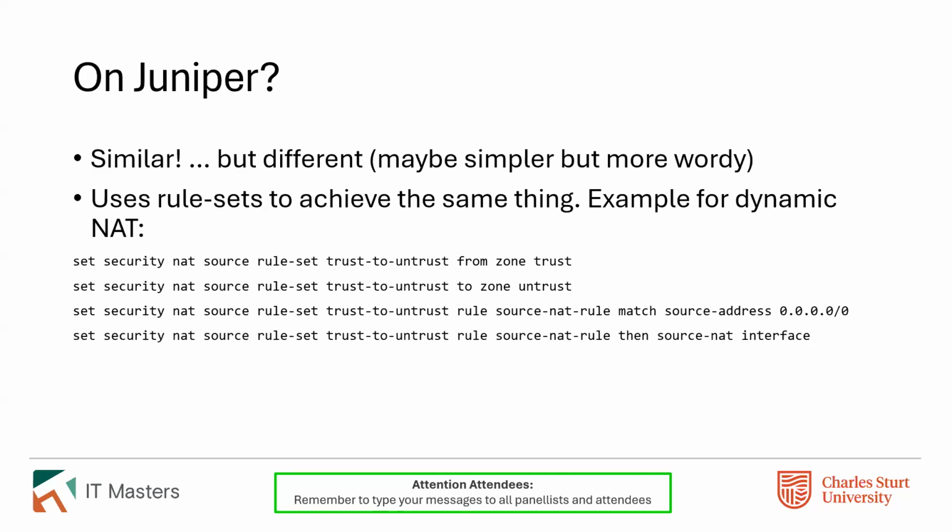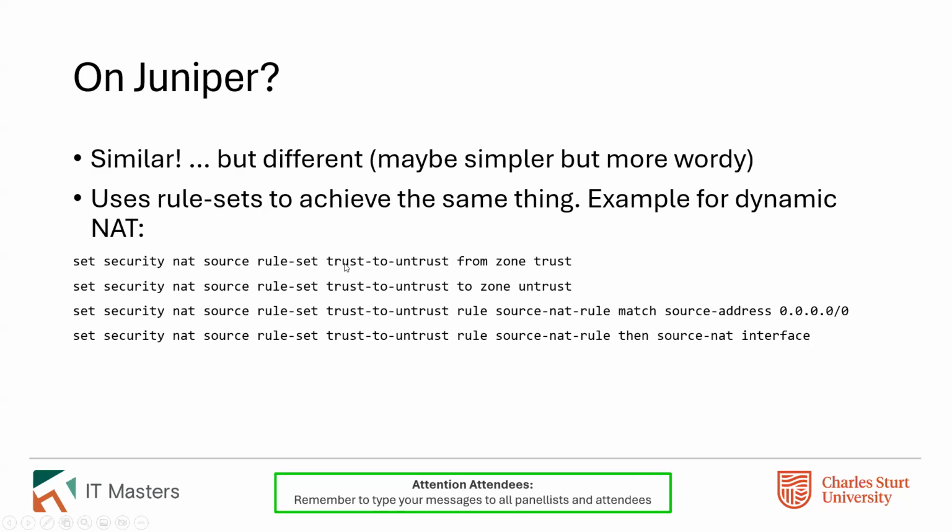So essentially, the way you do it, you actually use security rules. And this again comes back to my comment earlier about NAT not actually being security. But it uses a lot of the functions that a firewall or a security device will have, which is why a lot of firewalls do support NAT. In this case, what we do is we create a source NAT rule. We want to call it, set security NAT source.